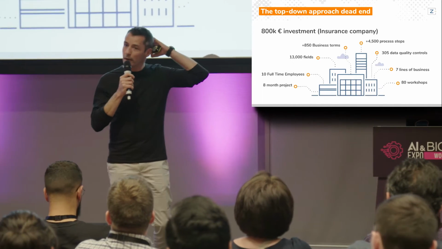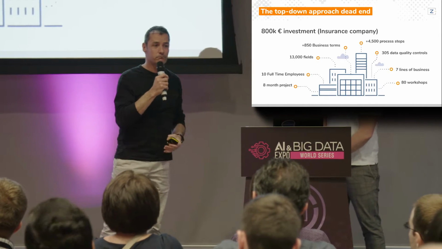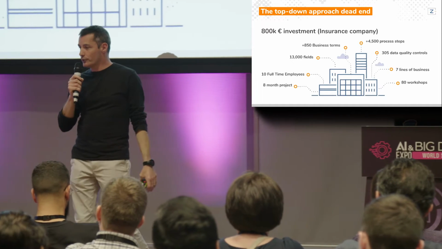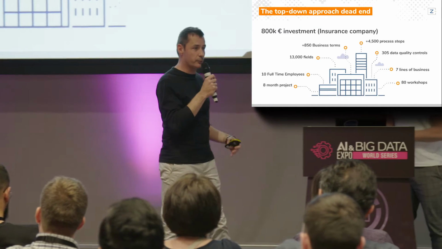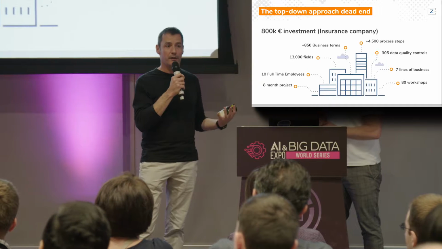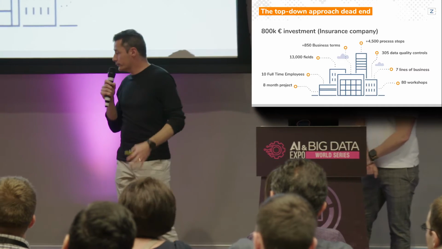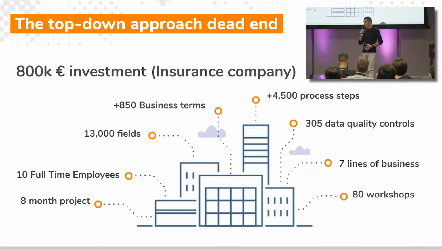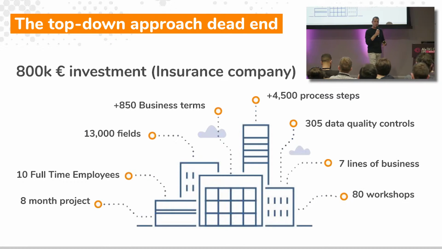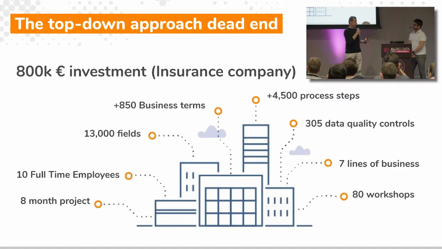On the other side, I've been working on big data projects for probably 16 years. So I've been seeing many different ways to approach this documentation issue. One of them, probably one of the worst ones, was in this insurance company that needed to actually document all its data for compliance reasons. That was for solvability compliance. And they invested a lot of money to document everything. So they spent months having people documenting everything in their systems, modeling all the data, describing everything. It was very expensive, took a lot of time.